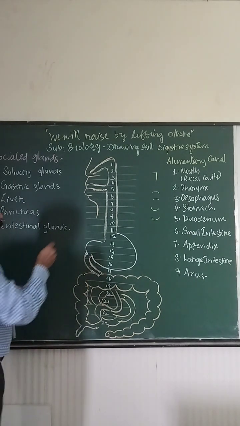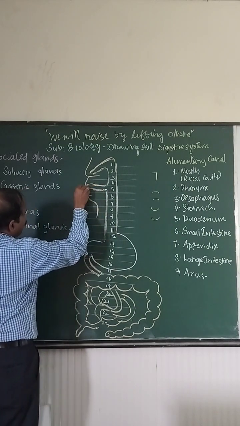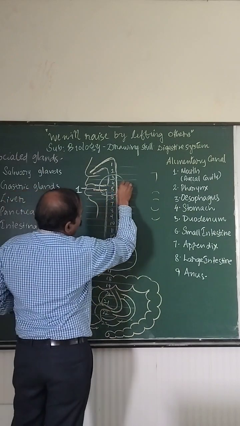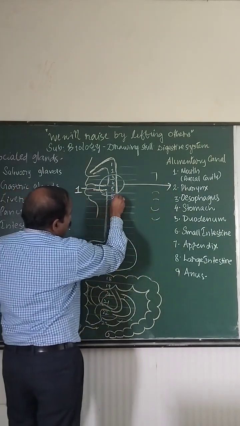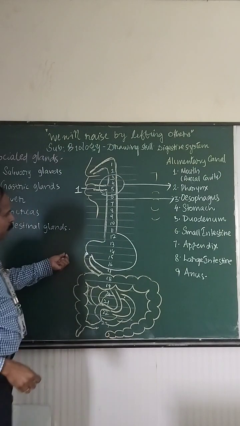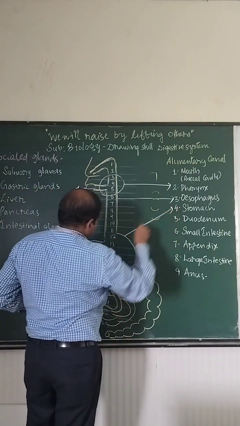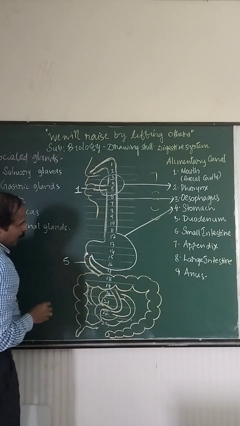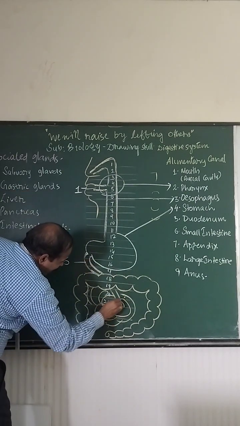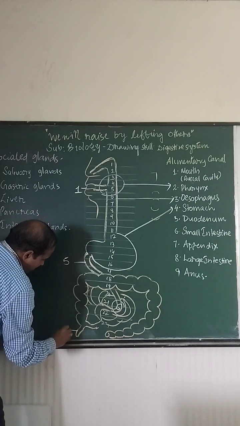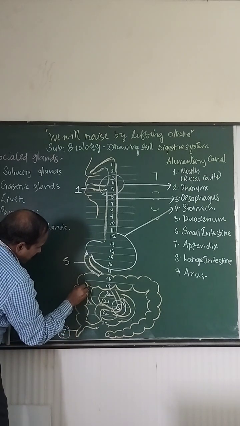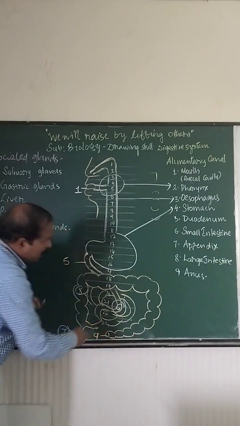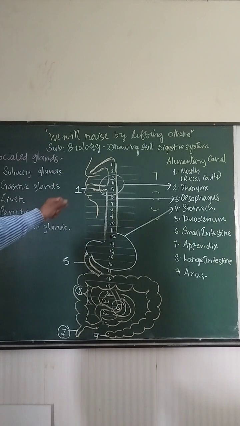So labeling this part. Starting from this one will be the alimentary canal, starting from mouth, leading to pharynx. This region is pharynx, 2 pharynx. 3 is the esophagus, which will be having the baby-like movement. Then there will be the stomach. Then the duodenum. The 5th one is duodenum here. And 6th one small intestine. 7th one is the appendix. 8th one is the large intestine, leading to the opening out by anus. 9th one. So all the pipeline system of muscular tube we have done.